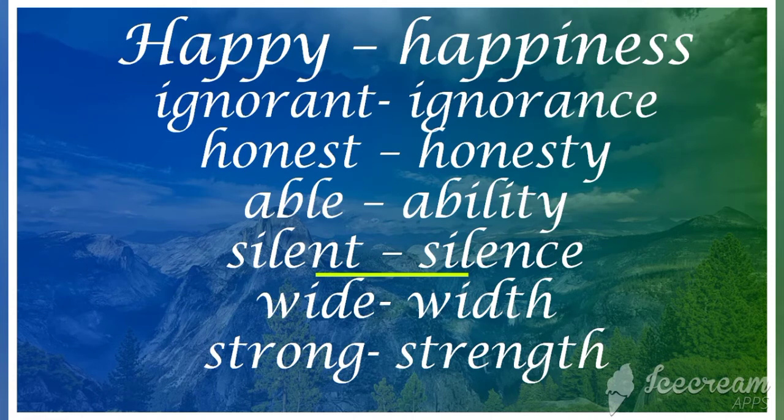I think you can differentiate both sentences and find what is the noun and what is the verb. Some words are the same in both forms: one particular word will act both as a noun and as a verb. For some words there is no change from verb to noun or adjective to noun. I think you can get me.